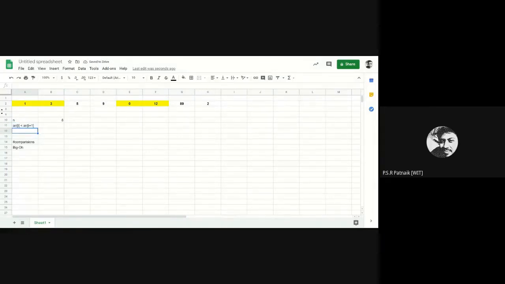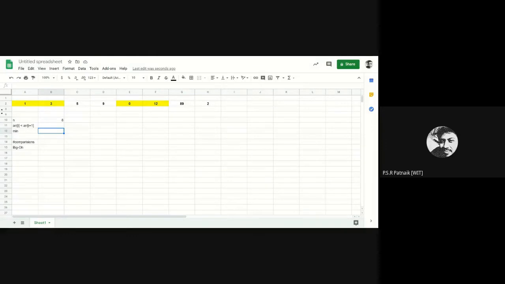If you compare these two and find that ARR of I is less, then what will be the minimum for you? The minimum would be ARR of I. When you are comparing the first pair, our logic would actually start from the second pair onwards.